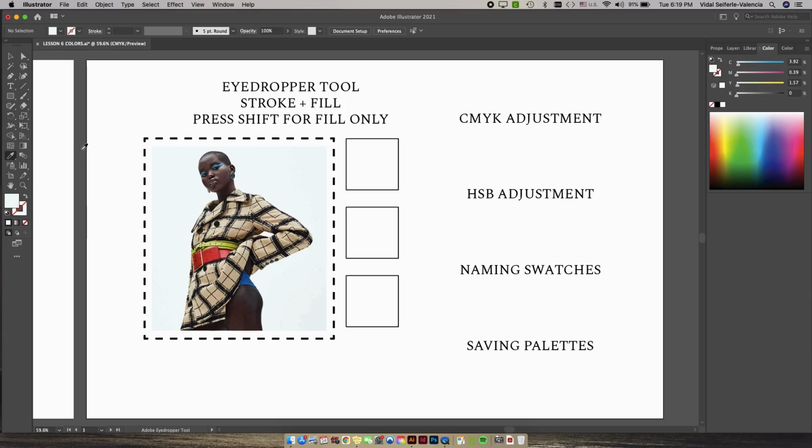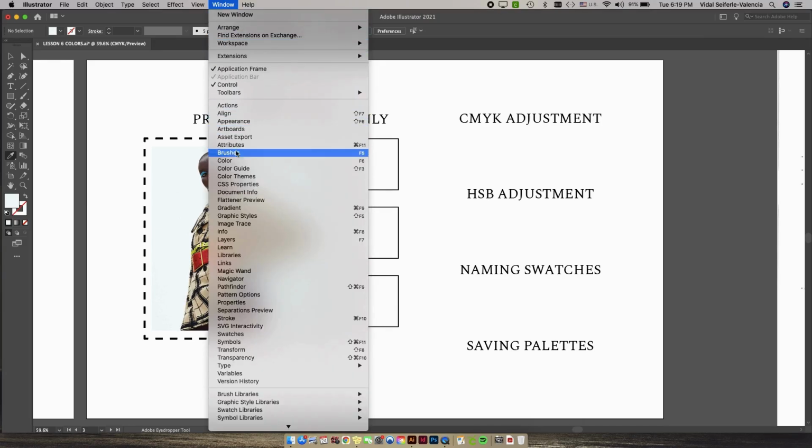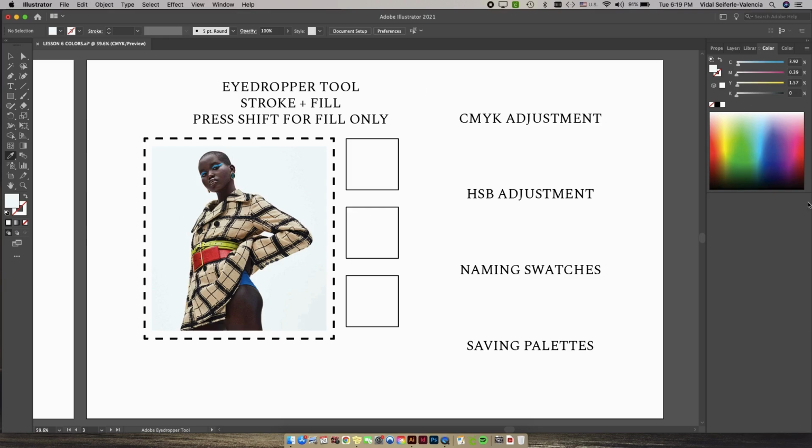fill. And additionally, if you don't have this already, you will need to go over here to your window, and you're going to click Color. When you click Color, it's going to pop open this window probably over here. It may pop it up somewhere else, but for me right now it's over here, and you can see that when I make selections for colors, the fill over here is the same as the fill over here, except for in this case, it's also showing me the various values of each of these aspects of color. So we're going to get into that in just a moment, but we're going to start just by making some